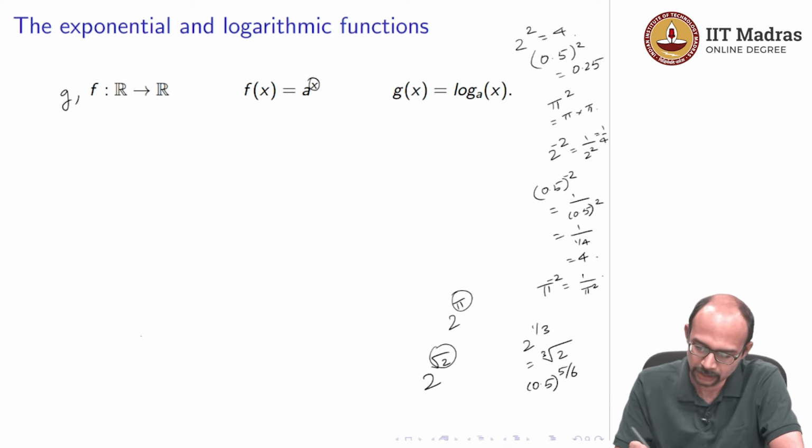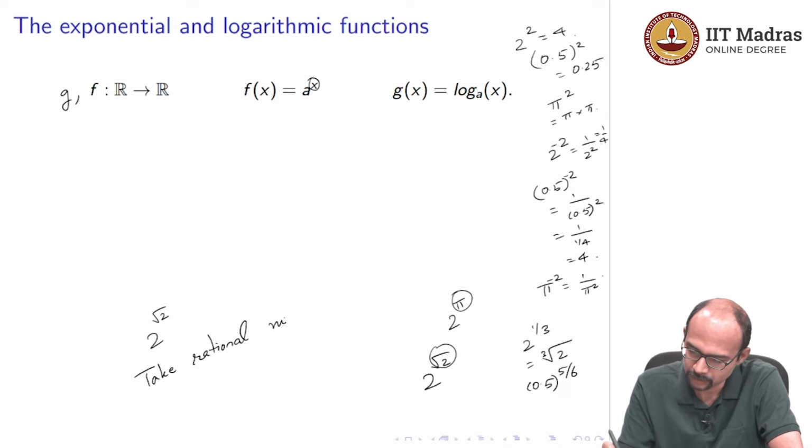what you do is, suppose I want to define 2 to the power root 2, what I do is I take some numbers which are rational numbers. So, take rational numbers which approximate root 2 as closely as you would like,